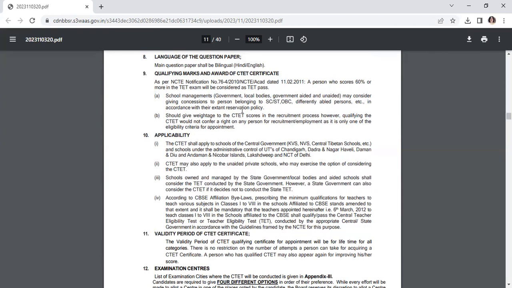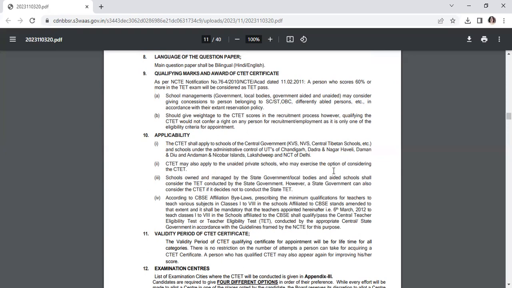However, qualifying the CTET would not confer a right on any person for recruitment or employment, as it is only one of the eligibility criteria for appointment. Applicability. The CTET shall apply to schools of the central government, KVS, NVS, Central Tibetan schools, etc., and schools under the administrative control of UTs of Chandigarh, Dadra Nagar Haveli, Daman, Diu, Andaman and Nicobar Islands, Lakshadweep, and NCT of Delhi. CTET may also apply to the unaided private schools